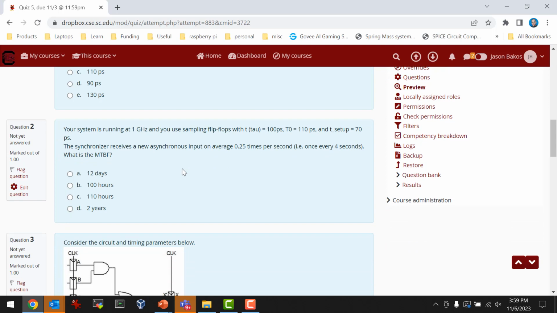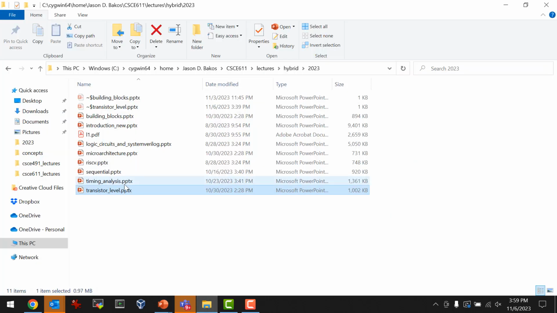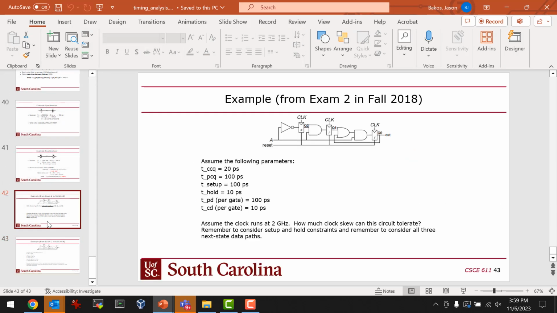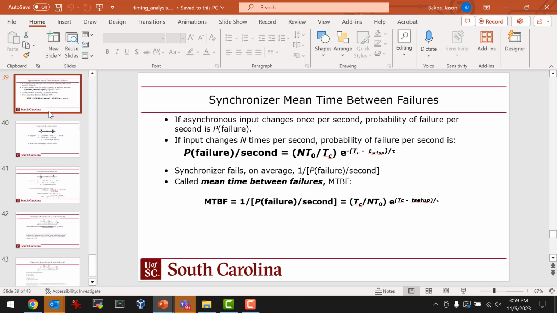Your system is running at 1 gigahertz, and you use sampling flip-flops with tau equals 100 picoseconds. T0 is 110 picoseconds. T setup equals 70 picoseconds. The synchronizer receives a new asynchronous input on average 0.25 times per second, once every 4 seconds. What is the mean time between failure? So this one, we have to go back and look at the equation for that. That would be under timing analysis. Okay, so it's 1 over,